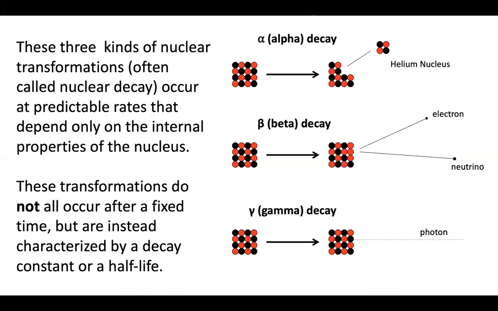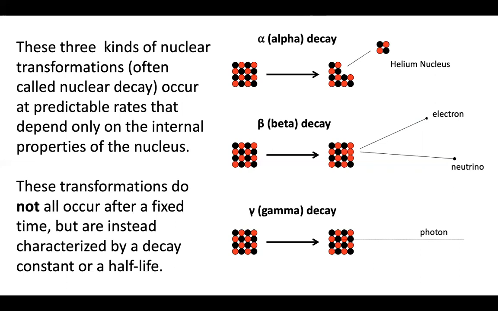Each one of these processes seems to be basically determined by the internal structure of the nucleus. The rate at which this happens doesn't depend on the environment at all. It doesn't matter if these nuclei are in something deep beneath the Earth, up in the atmosphere, or in space. They happen at the same rates, as far as we can tell. And to some extent, that makes sense because nuclei are buried deep into the core of atoms. It's hard for things outside of the atom to affect these sorts of processes.